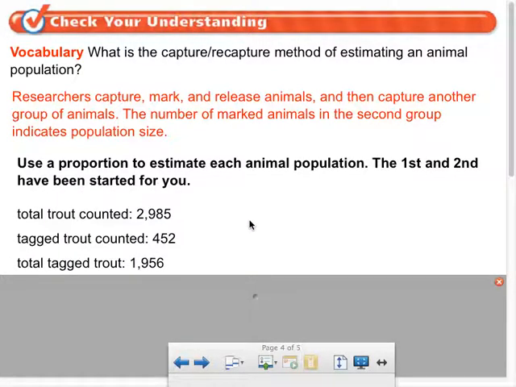Trout. We're going to estimate trout population. Now, how many of you have ever had to get a fishing license to go fishing? Okay. Now, sometimes if you get a fishing license, they'll say there's a limit, right? There's a limit on the size, a minimum size, and there's also a limit on the number that you can catch. And the reason why is because they calculate the population size from year to year, and then they decide the population is increasing, so we can increase the number that people can catch that have a license, or maybe the estimated population size has decreased, and they've decided to decrease the number of fish